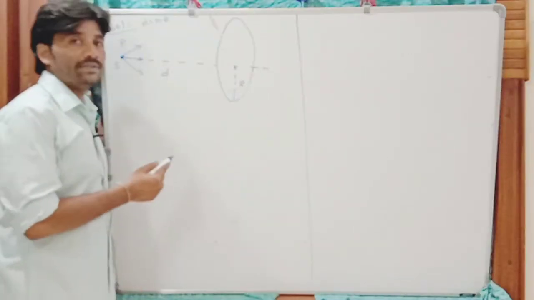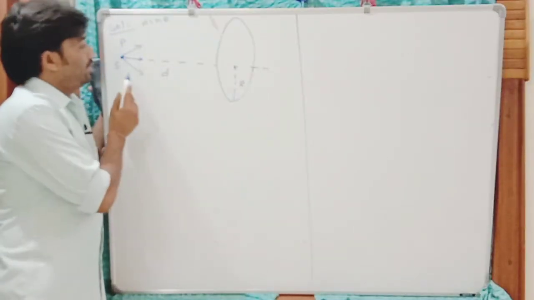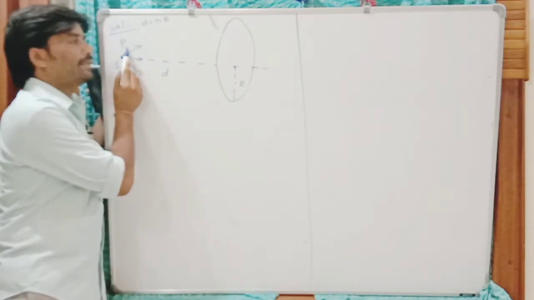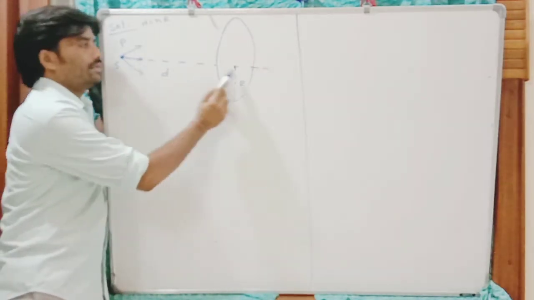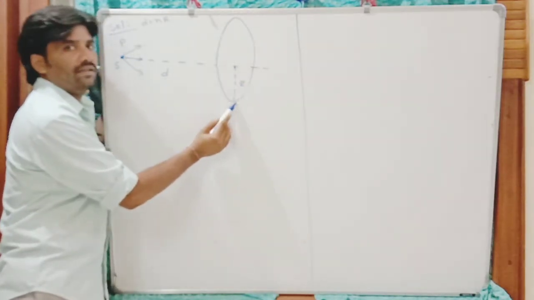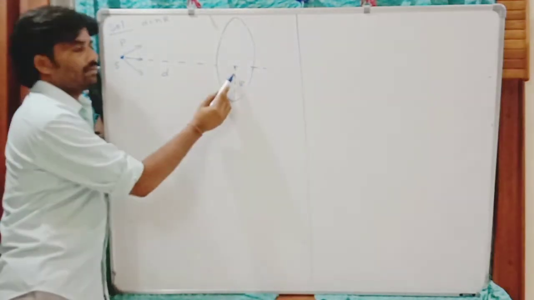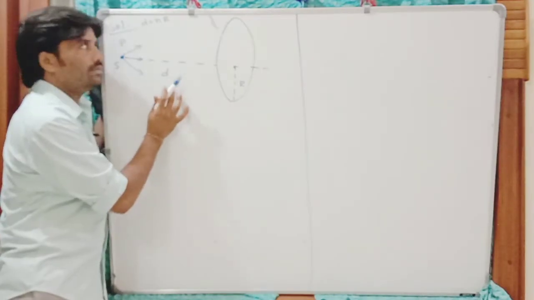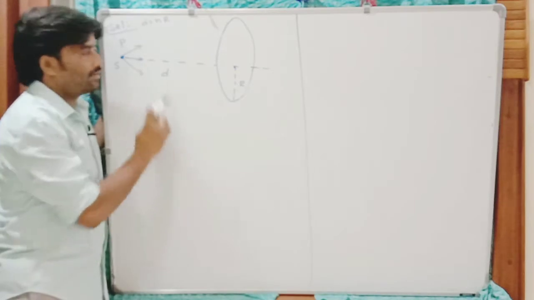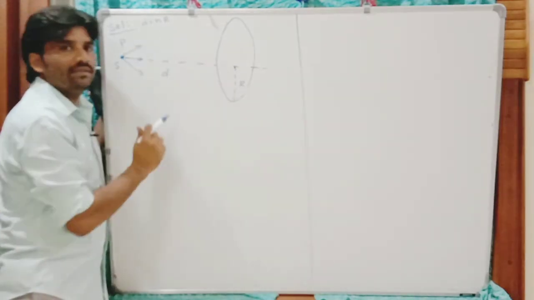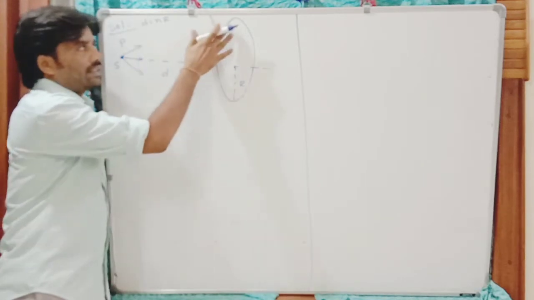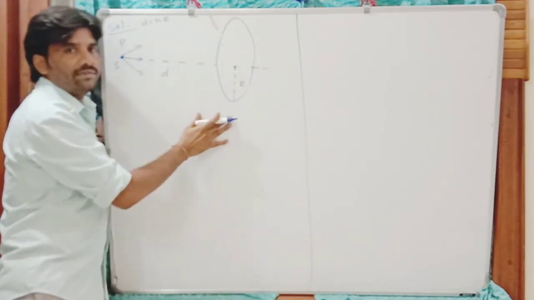Here you can see the solution. Here this is the point source S. Its radiation power is P. It is on the axis of this disk of radius R. The source's distance from the center of the disk is D, which is n times the radius of the disk. This source is emitting radiation in the form of photons. Those photons will strike this surface of the disk.